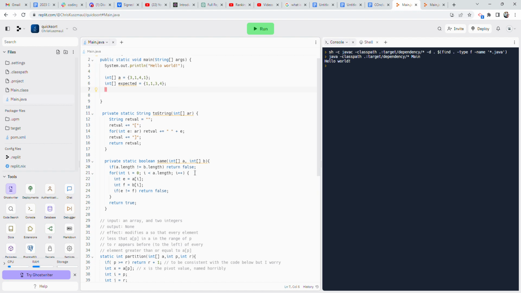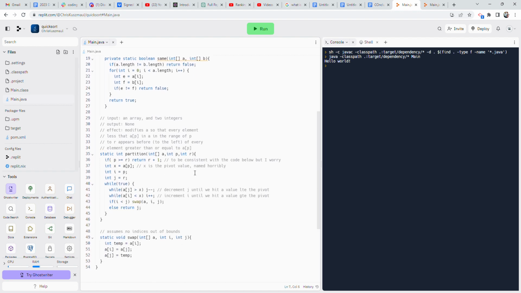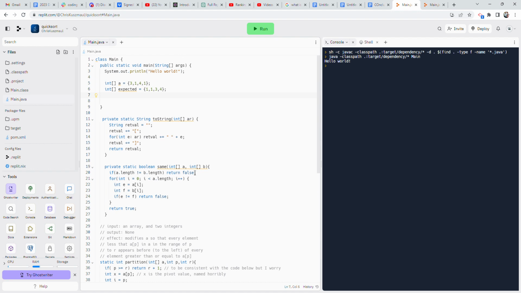Note that I'm not invoking toString, same, partition, or swap. I'd be tempted to copy and paste the rest of the code from the other REPL to verify that I've successfully and accurately copied and pasted the code so far. So maybe it's been a futile exercise, but let's go ahead and invoke quicksort here